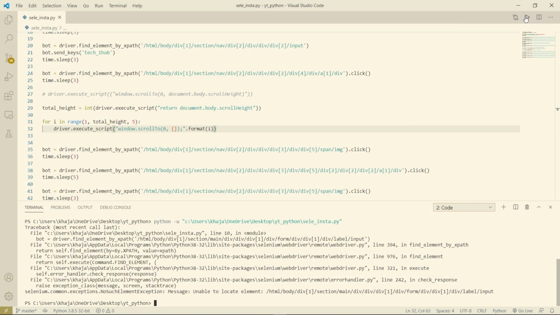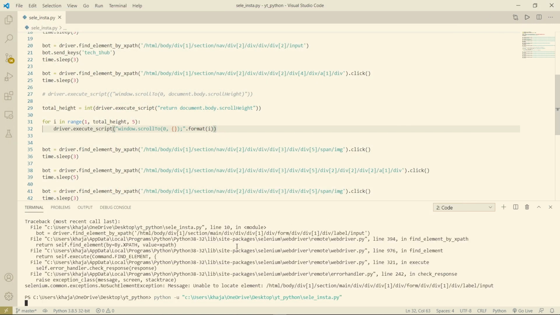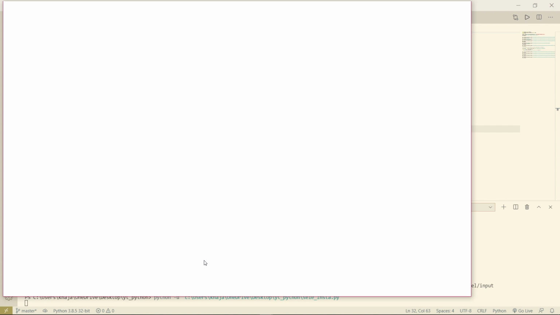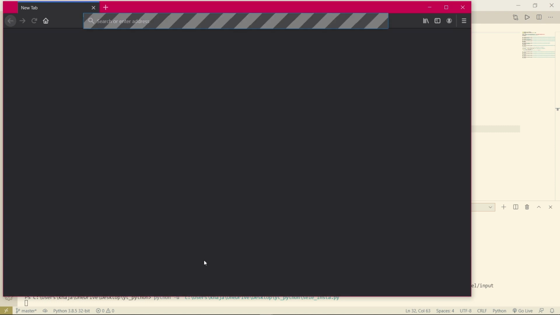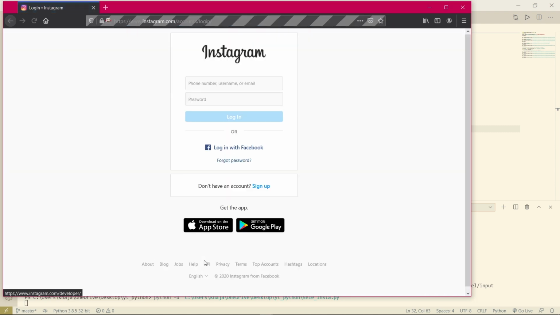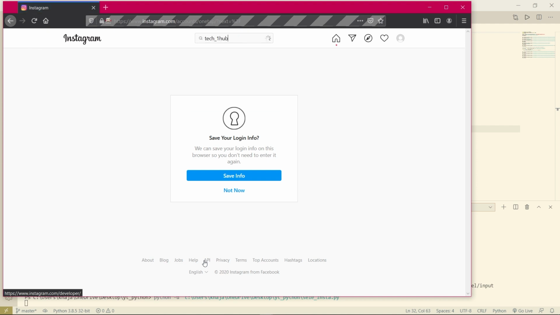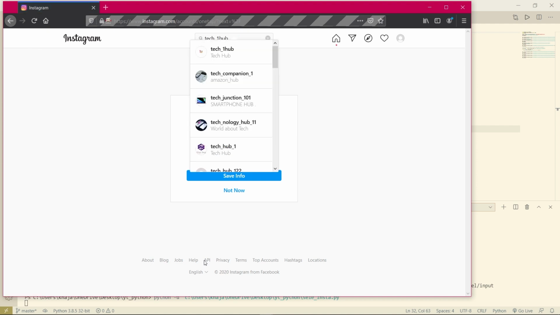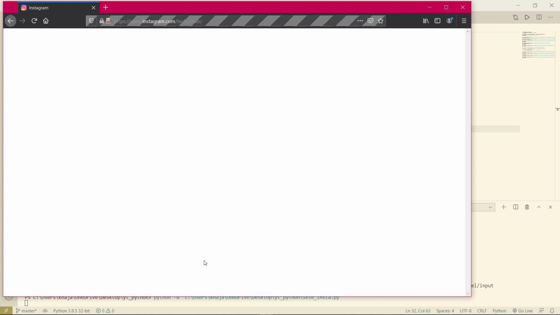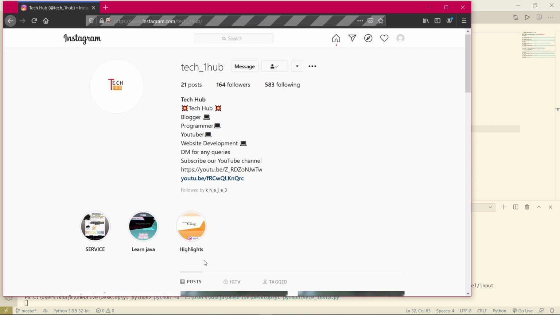We will run this again. It happens sometimes because after execution of this line is completed, it will go to the second line and search for that element. But due to internet lag, the page won't be fully loaded, so it is throwing an error.